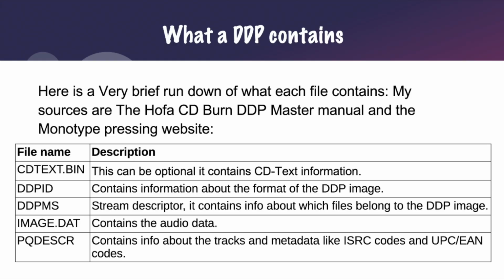Following that is the DDP-MS file, which is a stream descriptor. It contains information about which files belong to the DDP image. One of the most important files is the image.dat file, which contains the audio data. And finally, the PQDESCR file, which contains info about the tracks and metadata, like ISRC codes and